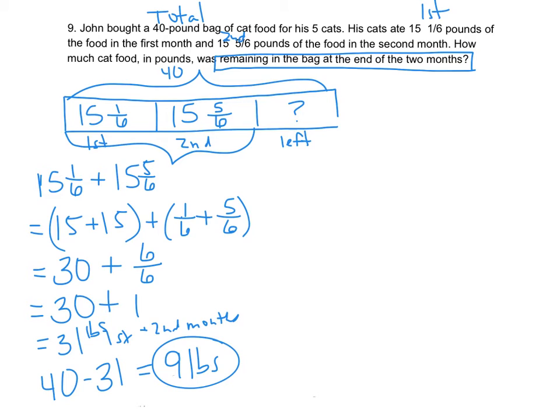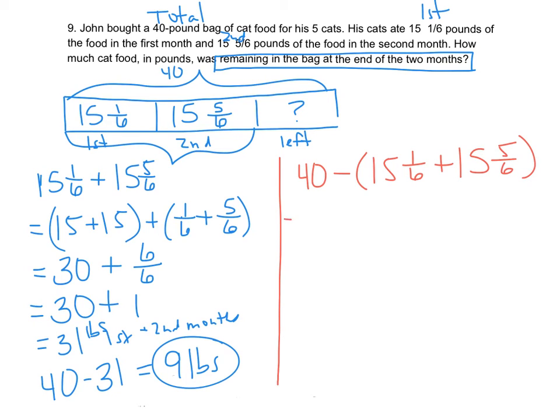There is another way, and this way kind of involves subtraction, kind of at the beginning, I guess. I'm going to start with my total, which is my 40 pounds of cat food, and I'm going to subtract what I have used in my first and second month, which is 15 1/6 plus 15 5/6. So 40 minus,